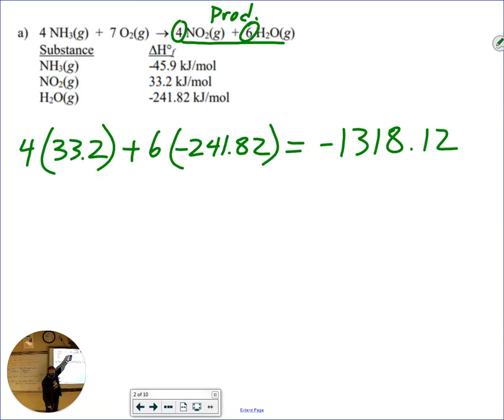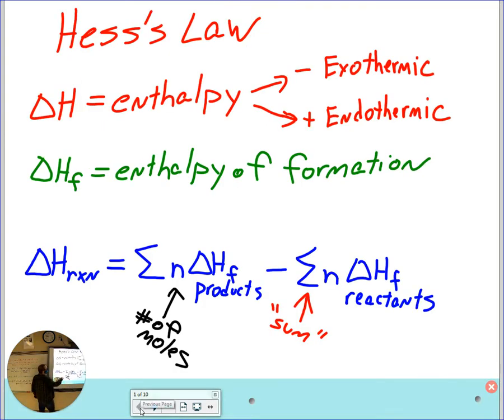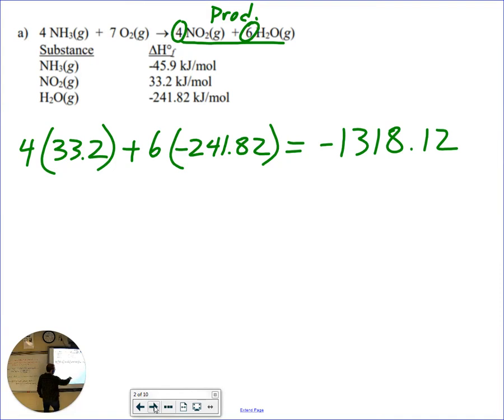Any questions so far? Okay, now going back to our formula. Now we're going to find the sum of the delta H's for our reactants. So reactants are over here on the left-hand side. These guys here. So I need to find NH3 gas, and I've got 4 of them, so it's going to be 4 times negative 45.9